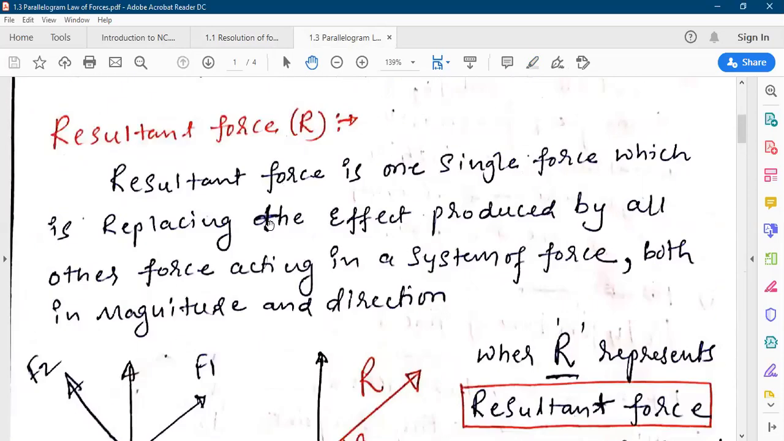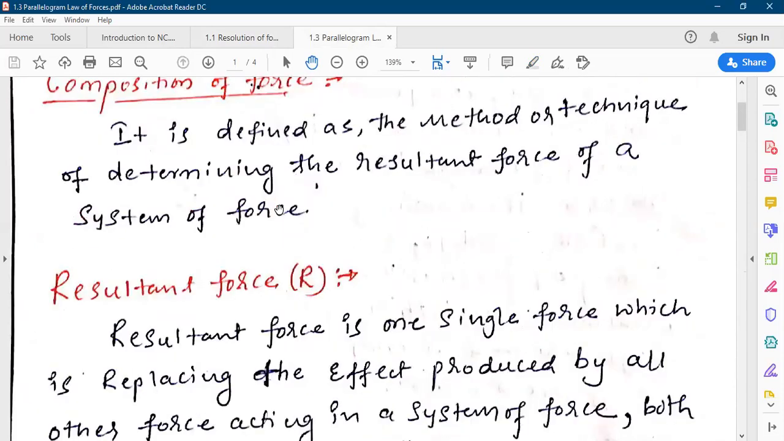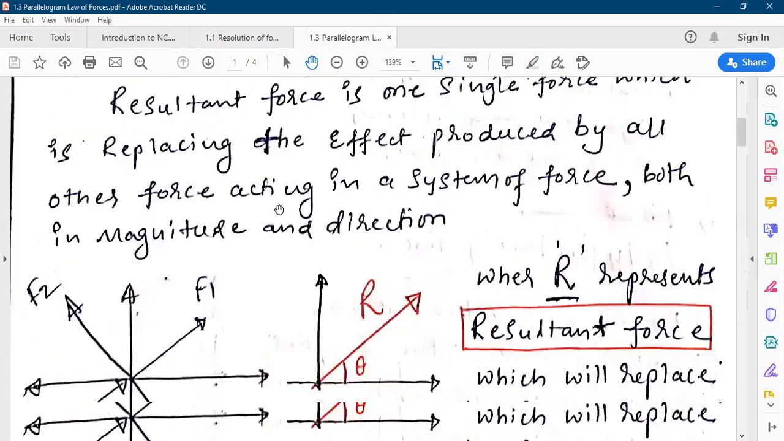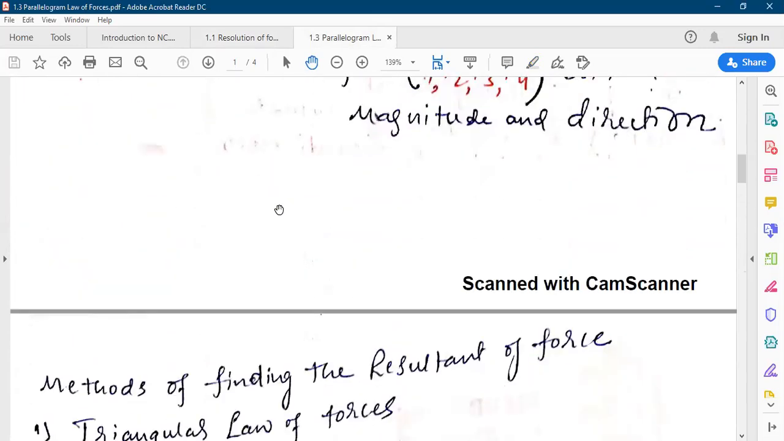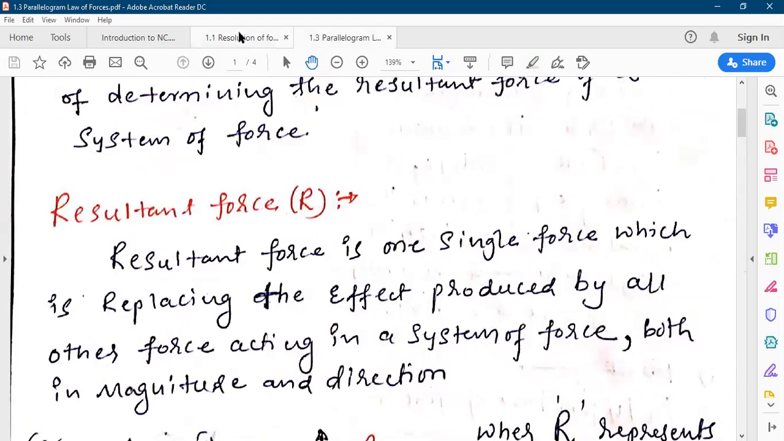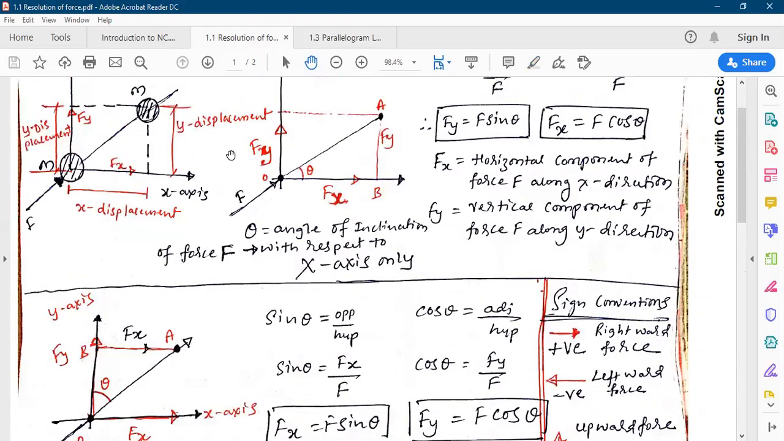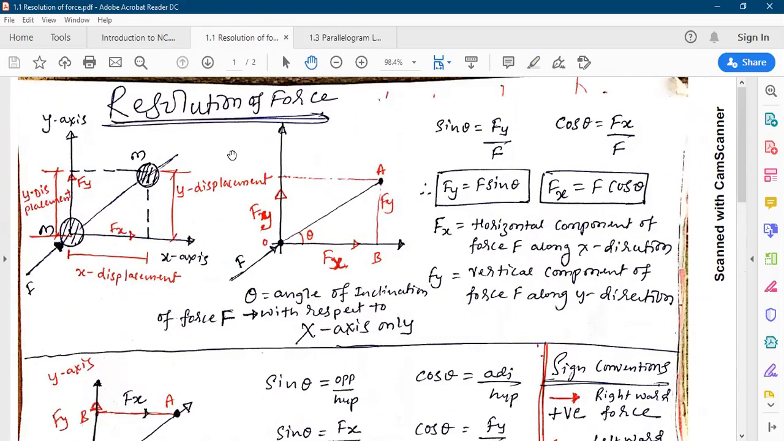Let us go through the definition of composition of force and the definition of the resultant force for a system of forces. So let us start with defining resolution of force once again. Resolution of force is a method or technique of finding the components of a force along their mutually perpendicular